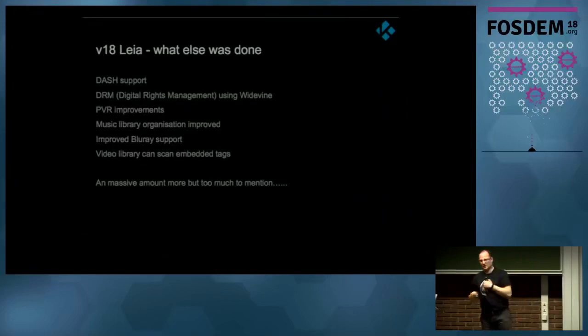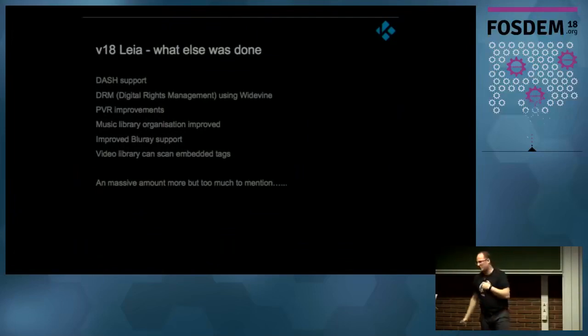PVR improvements. So everyone's talking about cutting cable. Well, no one really does that yet. There's no easy solution to do this yet. And we spent a lot of time improving this. Get a network tuner, plug it into your cable. Most of the time you get just 3 channels from the air. And you can now have all the guides, recording, all that, auto-dumping it to your library again, rewatching it.